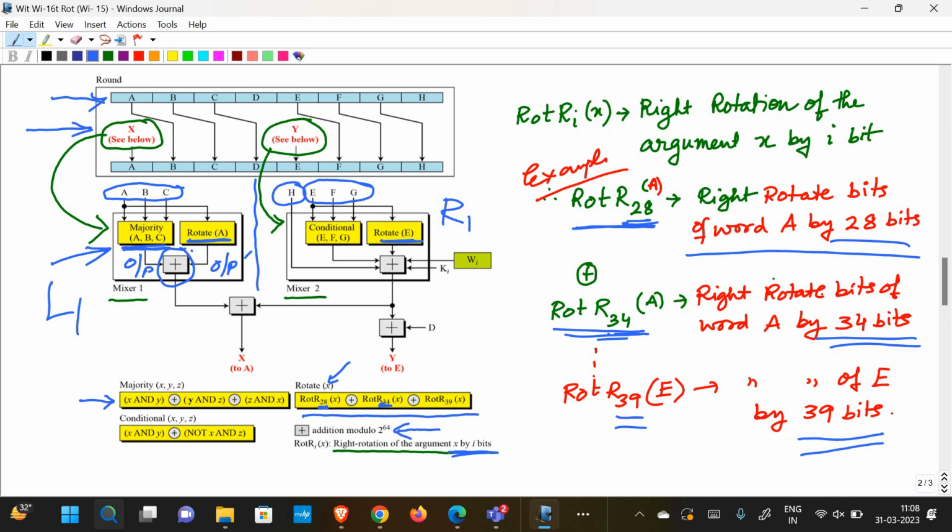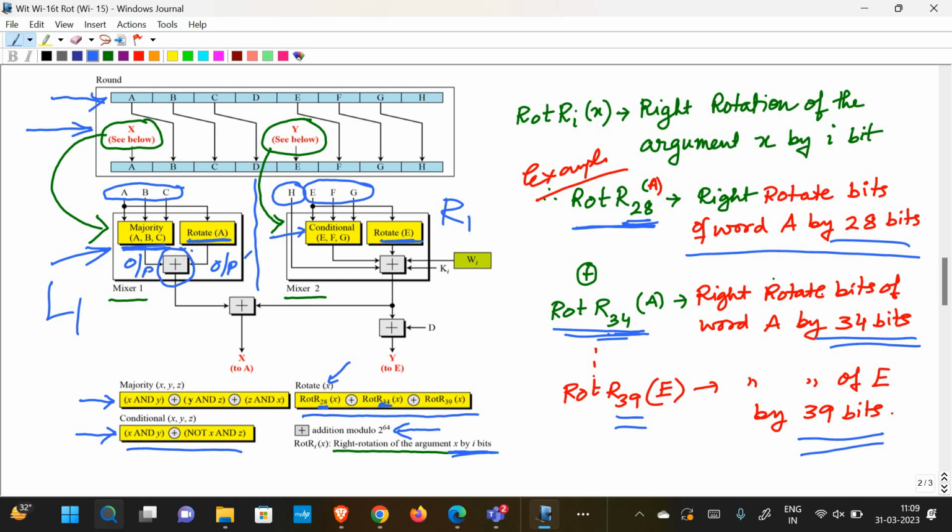And if you observe over here in the right hand side, we have a new segment which is conditional, and that also is given by a binary function over here: X and Y, and not of X plus Z. So X, Y and Z are used over here, which are mentioned as E, F, G. So basically in the right hand side, we are considering E, F, G as an input. That goes to the conditional part, that's why it's mentioned E, F, G. The H remains intact, that goes over here as well. Rotate E is the same as the rotation mentioned over here. All this goes through this modulo operator, and finally we are generating an element over here which again gets